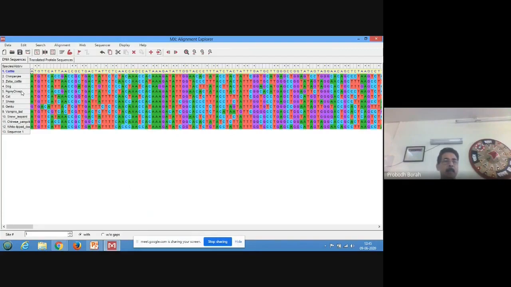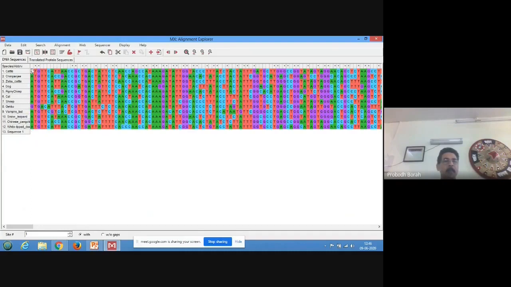Then dog, pygmy chimp, then cat, then sheep, gecko, vampire bat, snow leopard, Chinese pangolin, white-lipped deer. Then, of course, the last one, 13, you have to ignore because this is not representing any particular species sequence. That's an additional 13 number sequence that by default will appear in this window. Now our sequences are these, 1 to 12. These are the sequences of COX1 gene.